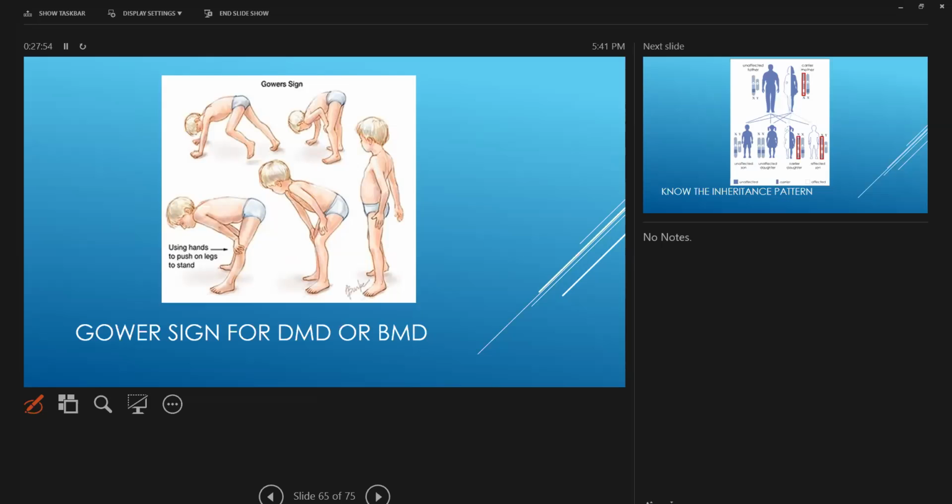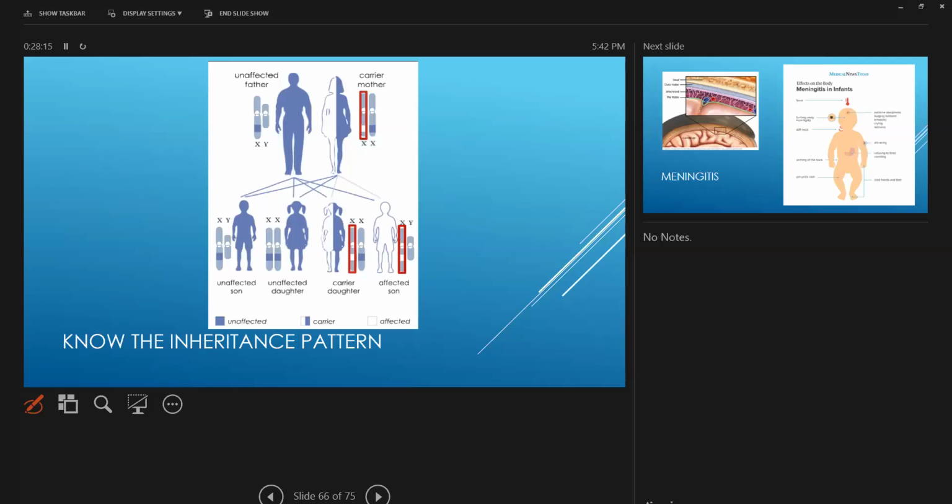This is the Gower sign. So this is a sign that they came up with, a smart guy Gower, right? Where to help give themselves a little more oomph to stand up, they may push on their legs like this as they don't have the strength to stand their whole body up. So that's called the Gower sign. So here's the inheritance pattern, which we talked about. So here's carrier mom's X chromosome. She passes that chromosome to all 4 of her children. However,